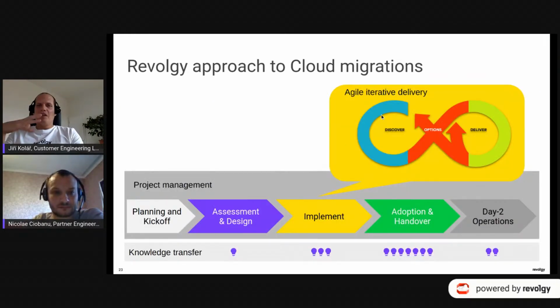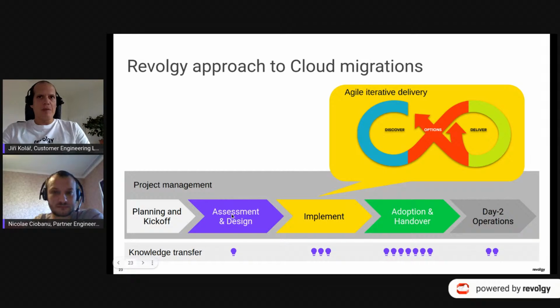So this is a little bit of a bigger picture of how we actually do this, right? We understand that every migration for a customer is a kind of project. It's a decision to make, which has to be planned, which has to be justified from budgeting and organizational purposes, everything, right? So typically we start here, we do a bit of planning, we do the kickoff.